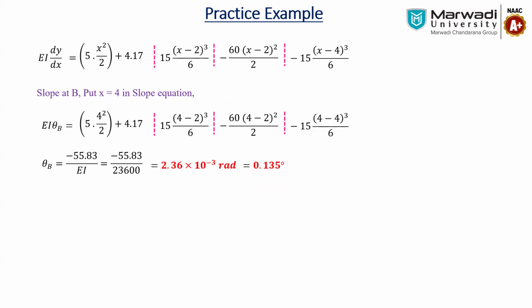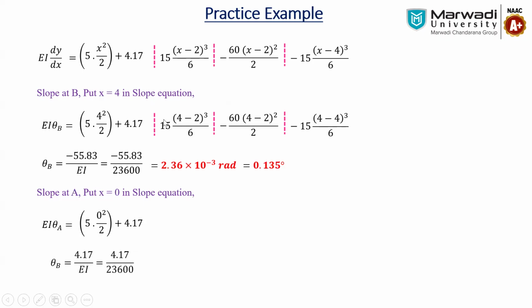Similarly, it is not asked, but if you consider the additional step, what is the slope at A? You have to just put x equal to 0, which is very easy. Why? Because if you put x equal to 0, you will get theta A. The first term is 0, only 4.17 is remaining, and we don't have to consider the remaining portion because if you put 0, all the terms will have x minus a less than 0. So we have to neglect all three terms. So the answer is 4.17 by EI,